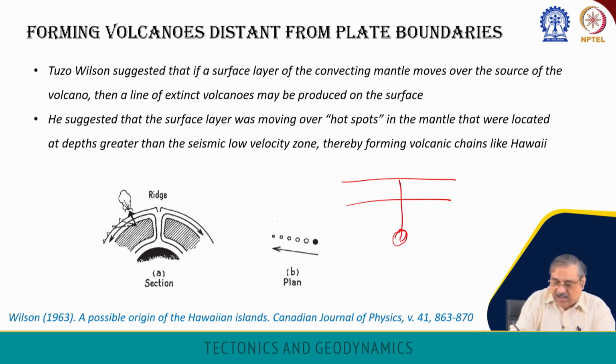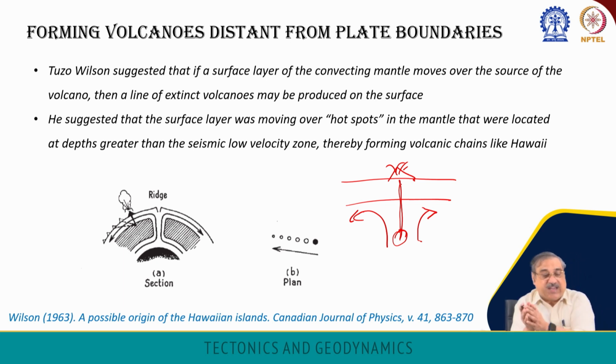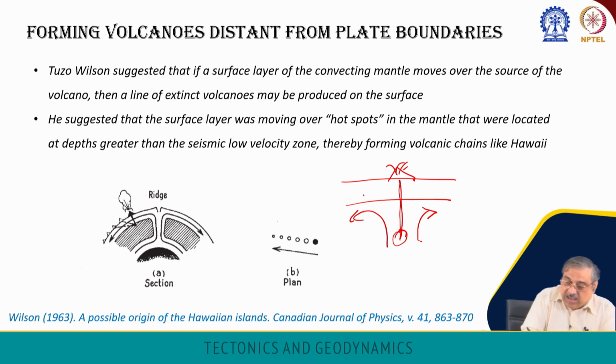So, as the magma rises, you would get a volcano formed out here on the surface, but then if this is now moving, if convection is happening this way and this part is simply being pulled apart, then you can actually form something out here, as a ridge which would be static at one position. However, if this is already moving and the source that you have here is at a distance away from the ridge part itself,